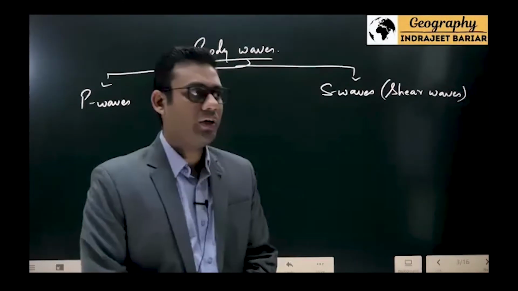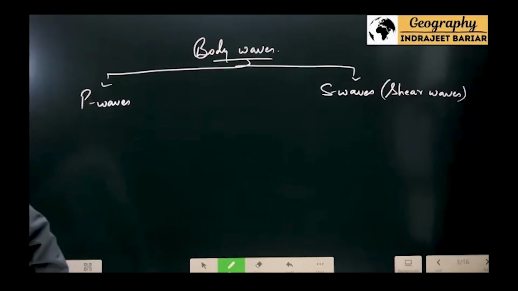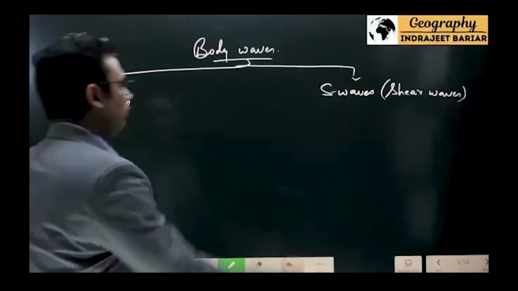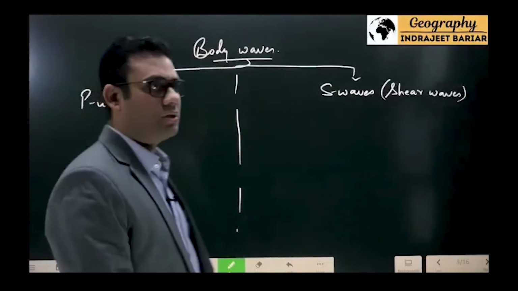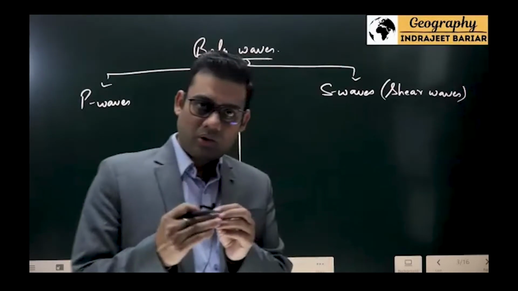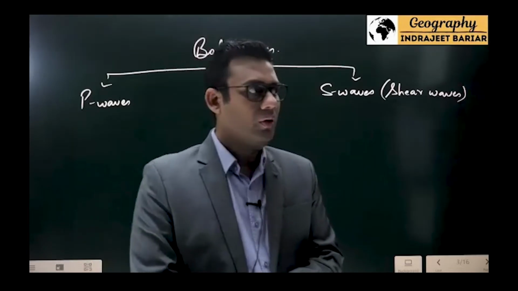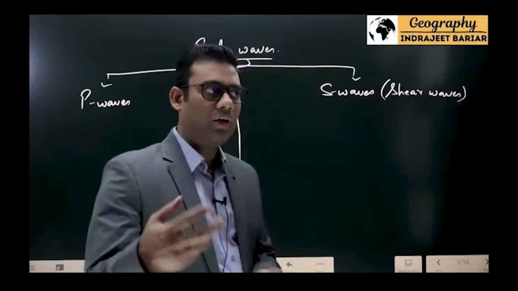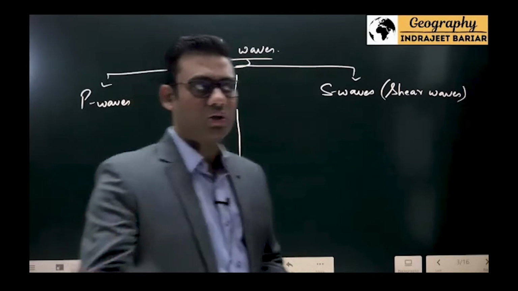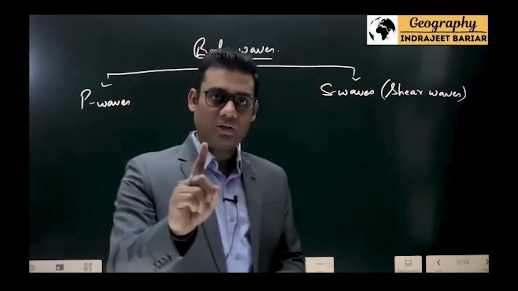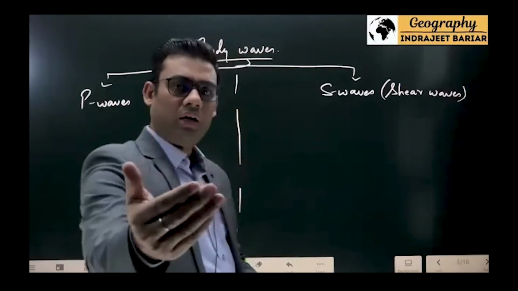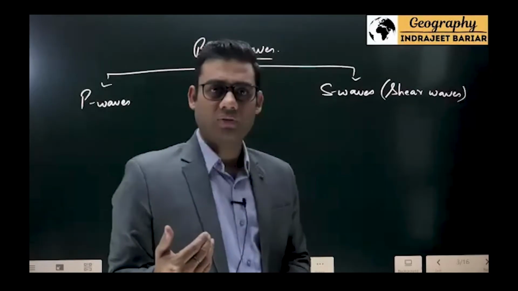Now, primary waves and secondary waves, what's the basic idea over here? What would be the differences? The first one is, as the name suggests, primary and secondary. It means when these two waves start from the focus, one wave travels faster and reaches the surface first. These waves which reach the surface first are called primary, because they are received first. And after a while, the second set of waves will be received.